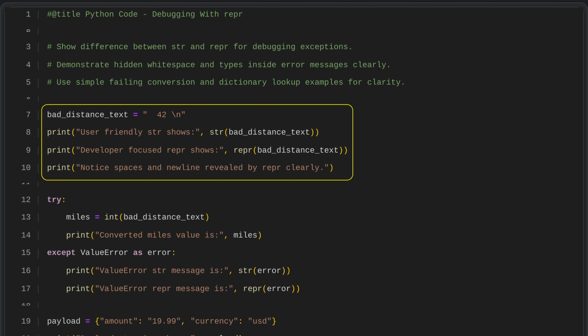We create a string that holds the number 42 with extra spaces at the beginning and a new line at the end. When we print it in the usual way, it looks clean and hides those extra spaces and the new line. However, when we use the representation function, it shows the string exactly as it is stored, including all white space. This illustrates that the representation view is more informative for developers because it reveals the precise contents of